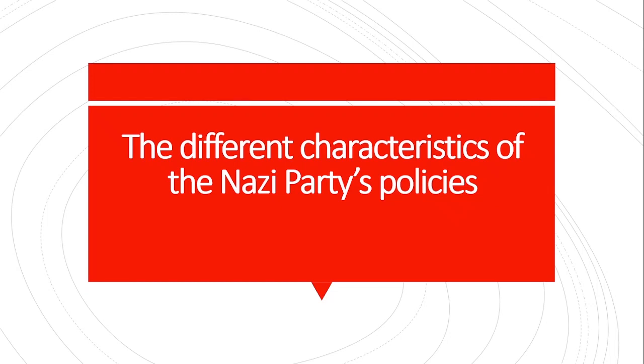In this presentation, I'm going to take a look at what the Nazi Party stood for in the 1920s, before Hitler gained complete control over the party. And I'll do so by showing different characteristics of its policies: revolutionary, radical, and reactionary. A distinction that may be difficult, but give it some thought. And in the process, I'll show just how the Nazi Party utterly contradicted itself.